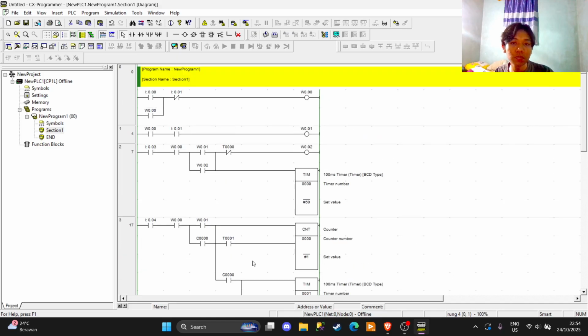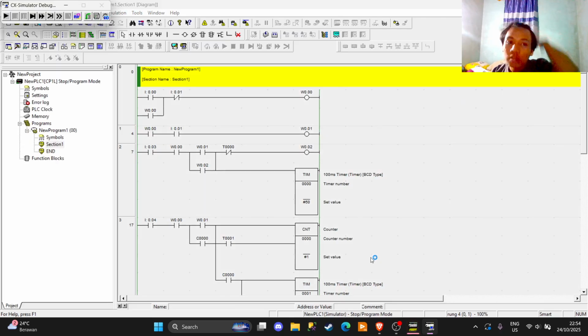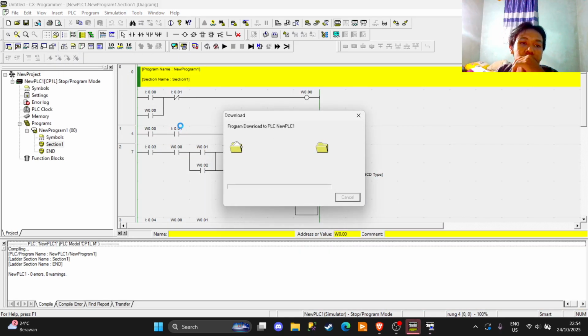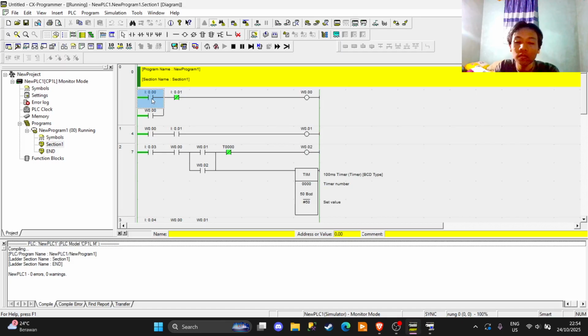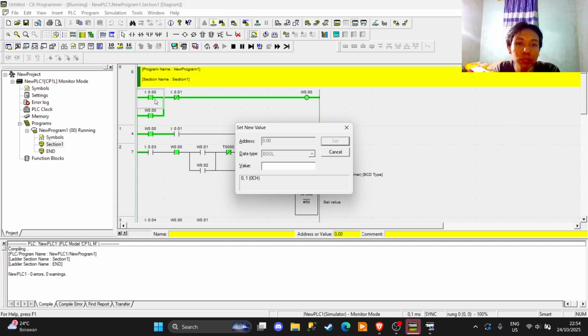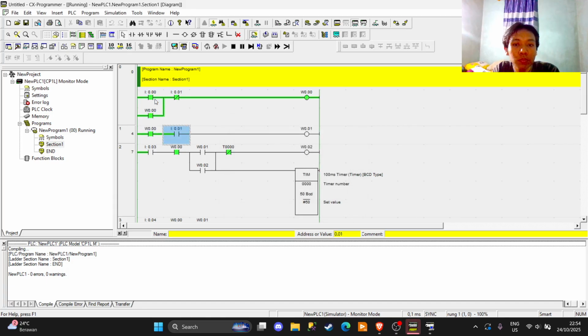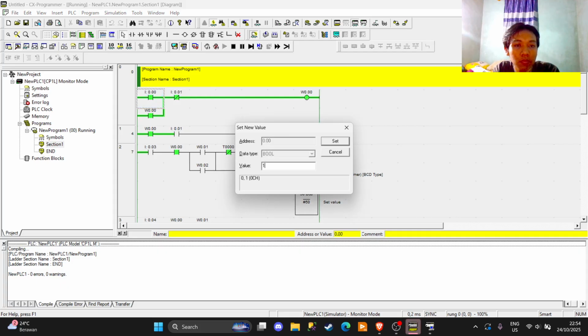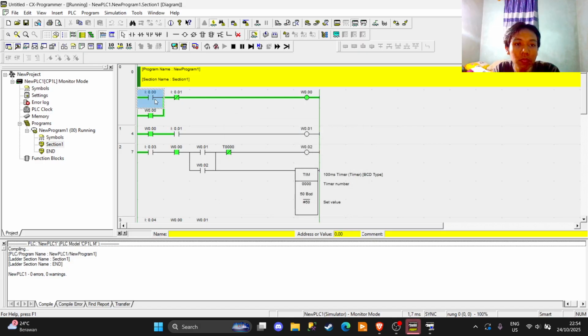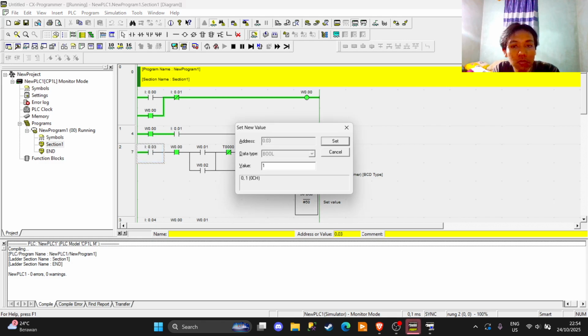This is one. Okay, so I will show you guys about the ladder later that I already made. So you should make the simulator first. So how it works: this is the switch here, and we enable the switch first.